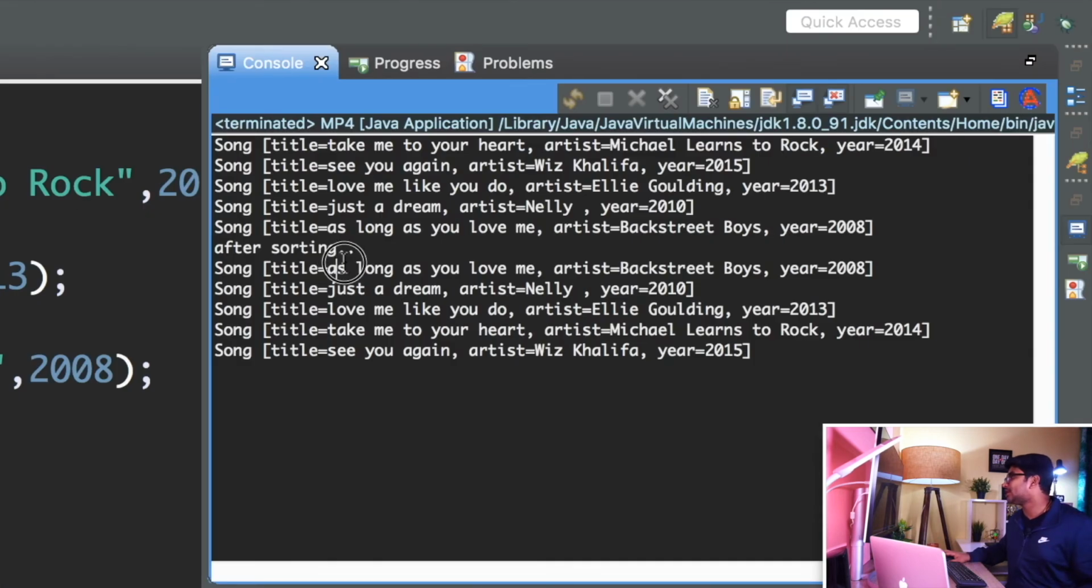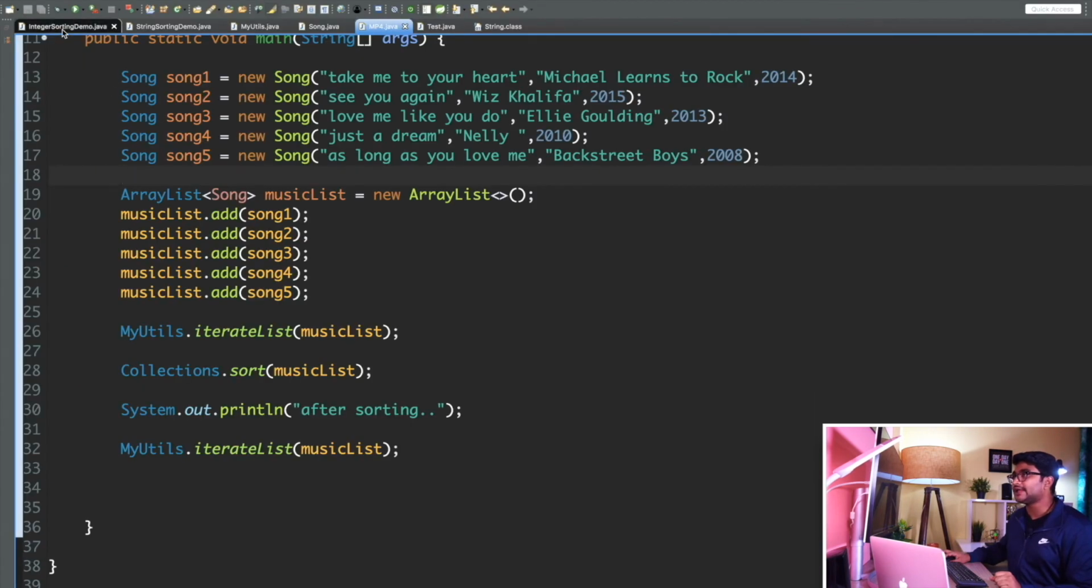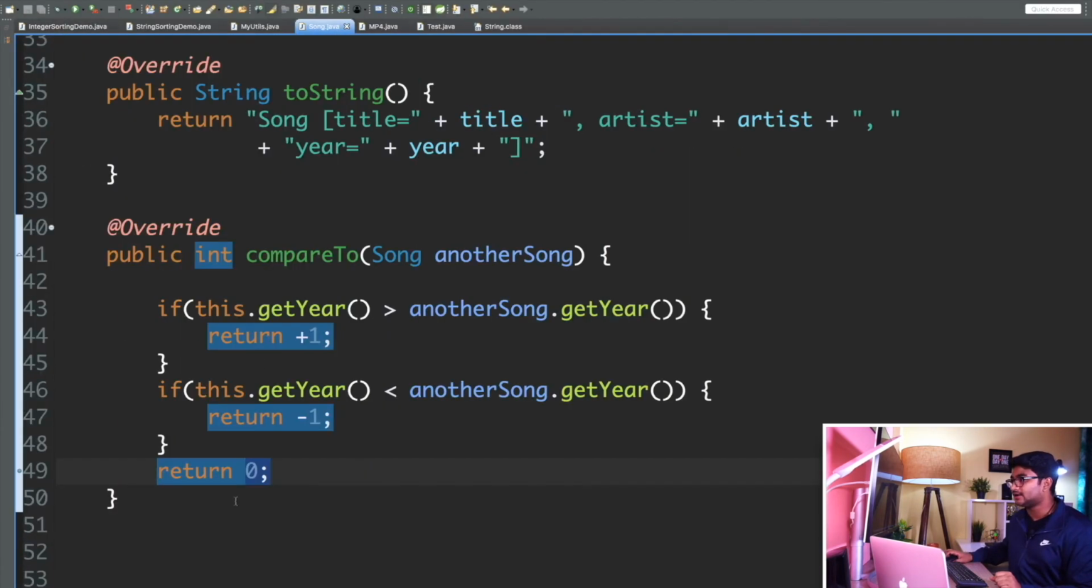As long as you love me is there in the list, it's top of the list, and you see your 2008, 2010, 2013, 14 and 15. Simple logic. Okay, so what if now you are going to tell me, hey Abhilash, I don't want to sort it